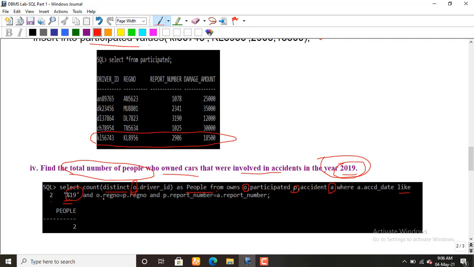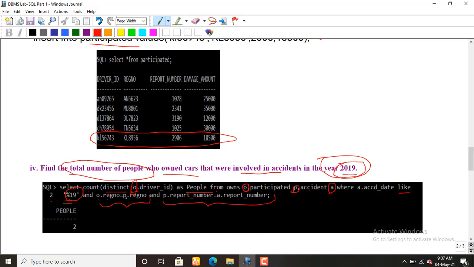Where o dot registration, this is the condition you should add mandatory in the case of Cartesian product, to avoid such duplicates. If you want to avoid duplicates, you should add this constraint. What's the meaning of constraint?